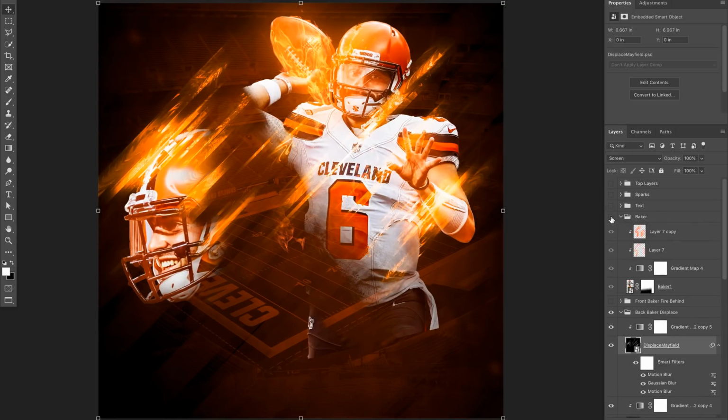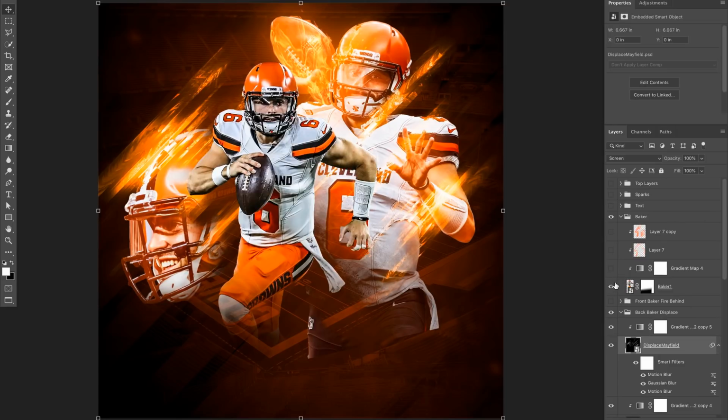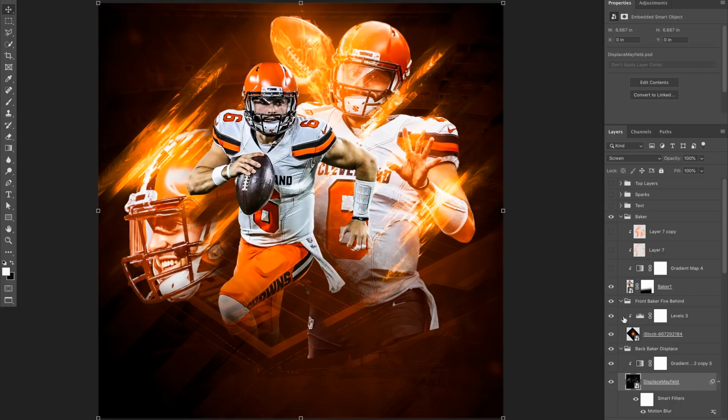So next we have Baker himself. I'm going to skip this layer and I'll show you why in a sec. So let's see what we've got here. So here's the Baker Mayfield file. Behind that I actually have this sort of fireball-y, explosion-y layer, just sort of a dynamic lighting layer that I